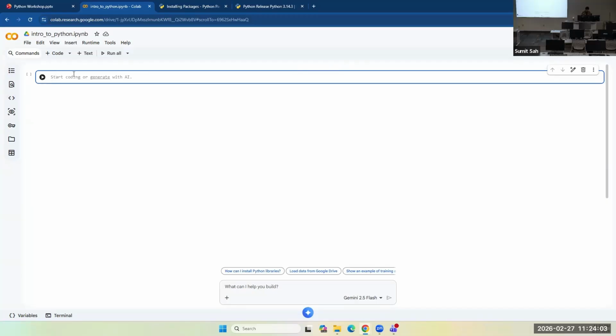So let's start with storing single values, like age. You can store 21, and that's an integer. And you can write comments in any programming language. Comments are like notes. In Python, you use hashtags to write comments. So this is the integer data type.